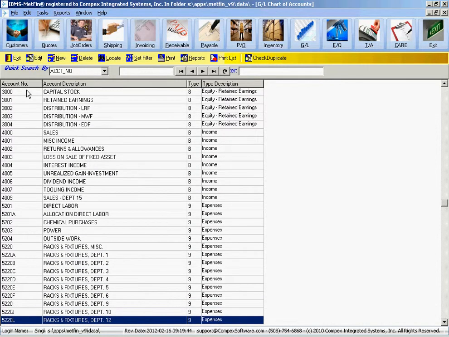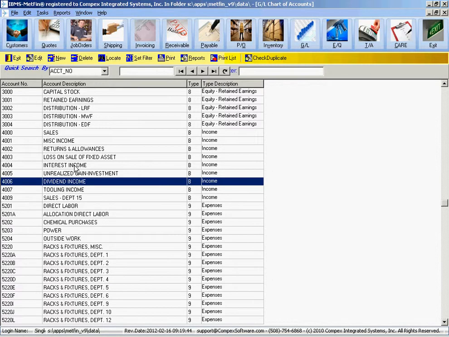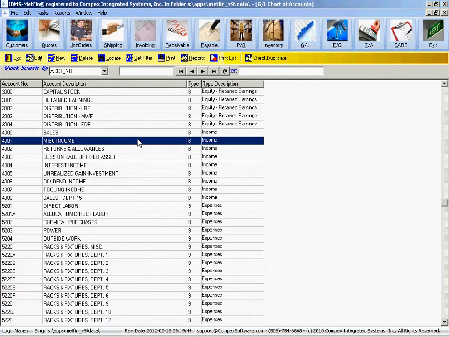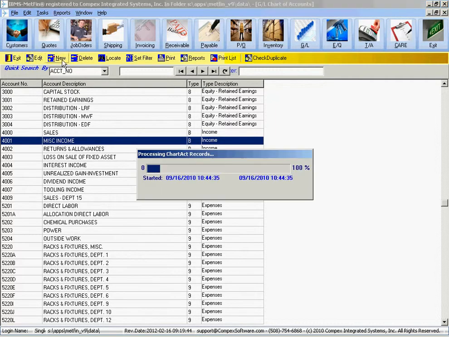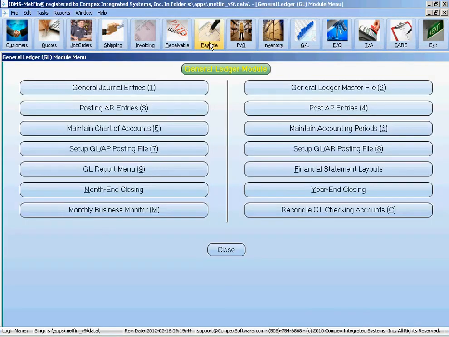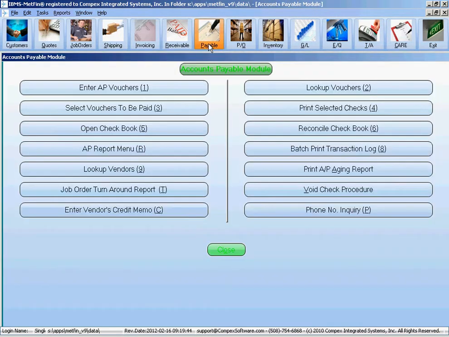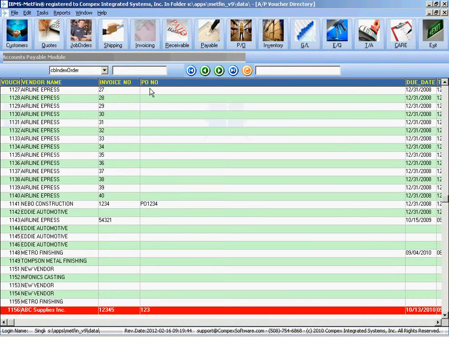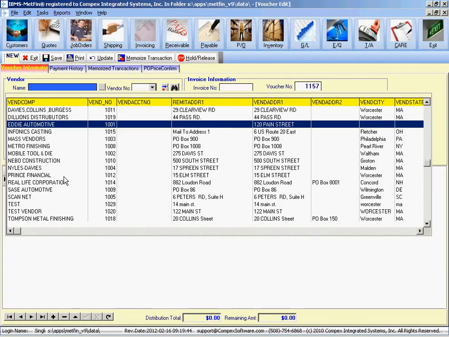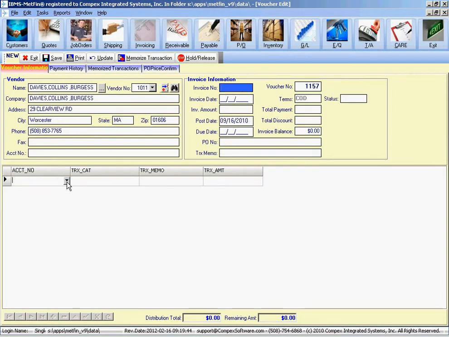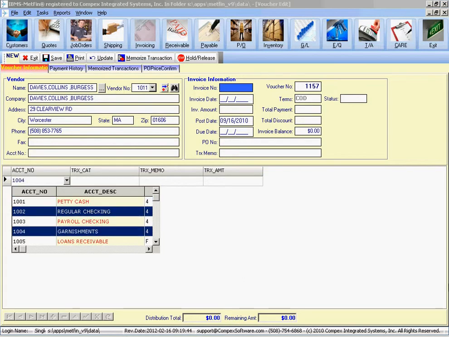So now another thing too is that once you add these accounts to your chart of accounts in GL, those accounts will be available in other modules as well. So let's save this, and we're going to go into accounts payable, for example, and let's go ahead and enter a new voucher, and just for this example, we can just pick any vendor, and let's look at the list, the chart of accounts from the AP module,